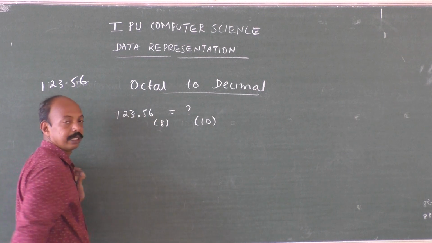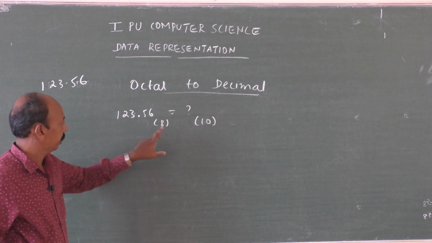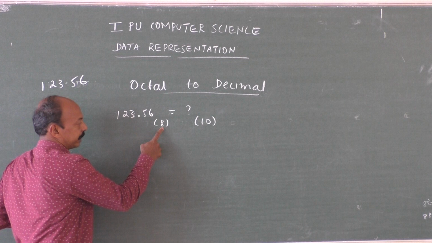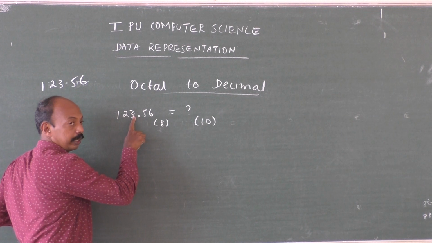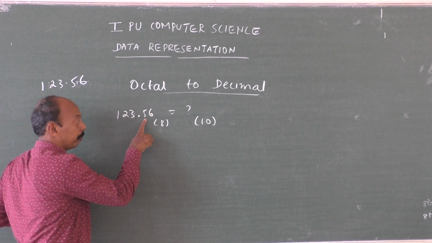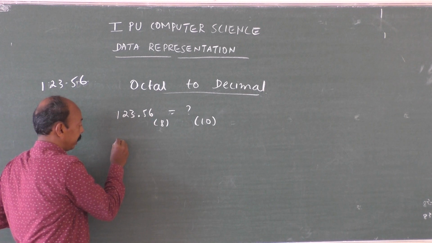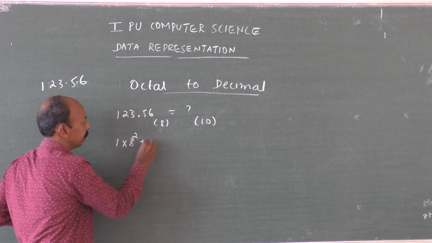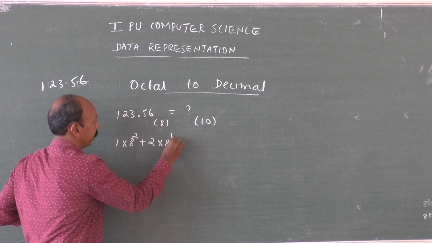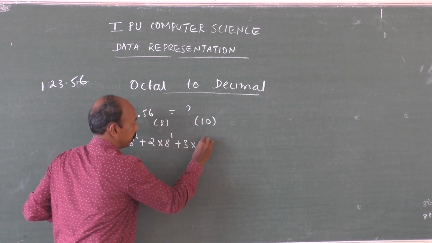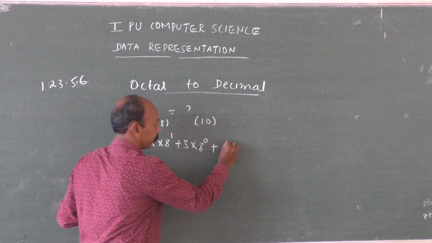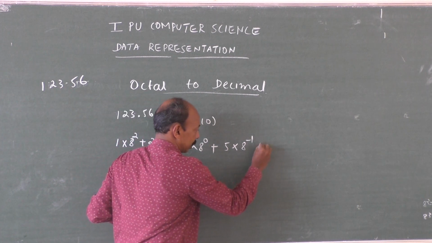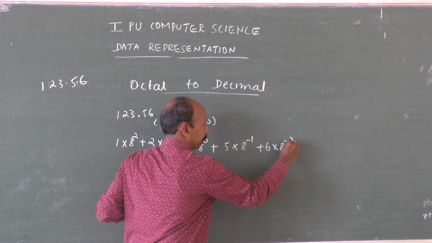Here it is the octal point. That's why it's not 2 to the power, it's 8 to the power. 8 to the power 0 is this one, 8 to the power 1, 8 to the power 2, 8 to the power minus 1, 8 to the power minus 2. That's why it becomes 1 into 8 to the power 2 plus 2 into 8 to the power 1 plus 3 into 8 to the power 0 plus 5 into 8 to the power minus 1 plus 6 into 8 to the power minus 2,